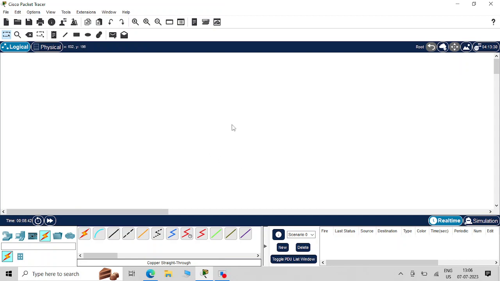Guys, in the previous video we touched base on the theory of router on a stick, how the router on a stick works. So now we are going to do the lab of router on a stick. For that lab we need a switch, right? An L2 switch